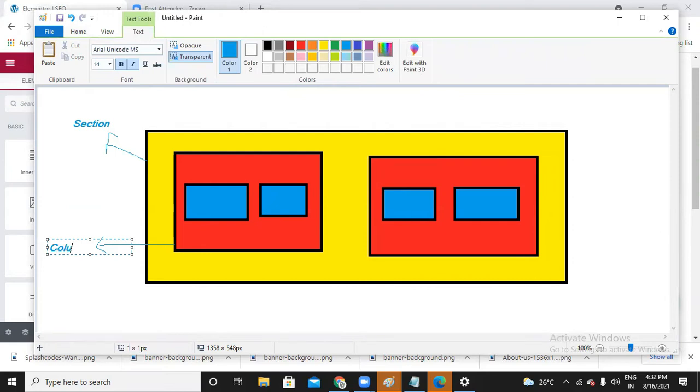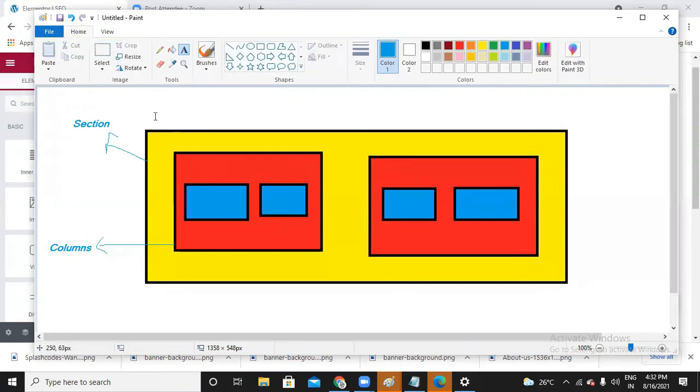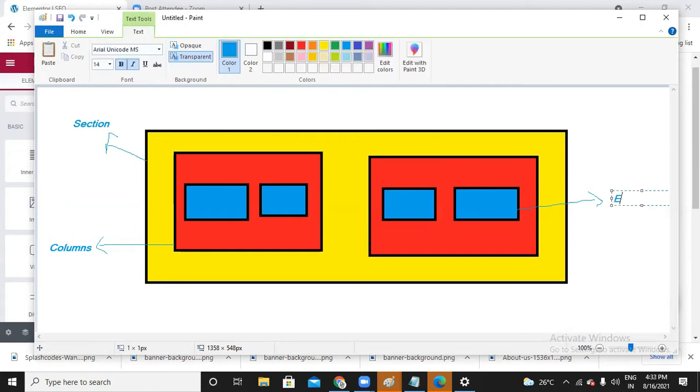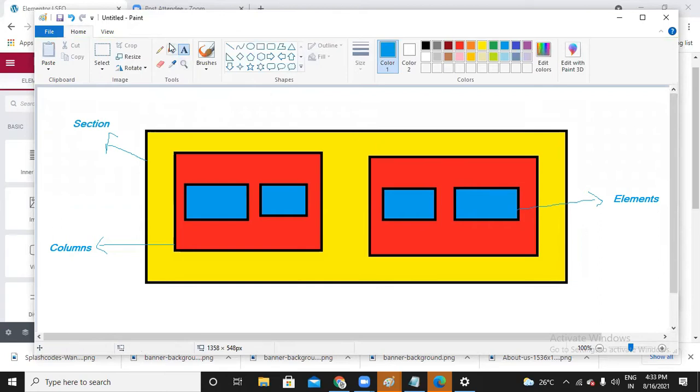Next, within the column, you can have elements. So the first topmost layer is the section. And within the section, you can have multiple columns. And within the columns, you can have multiple elements. So the biggest layout is the section, under the section are columns, and under the columns are elements.